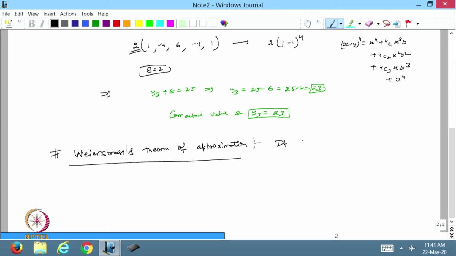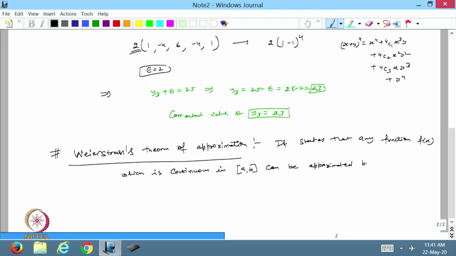It states that any function f(x) which is continuous in the interval [a, b] can be approximated by a polynomial, that is p(x), uniformly over the interval [a, b],